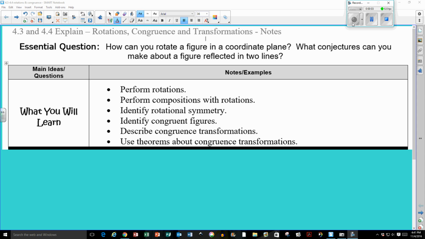Okay, so today we're doing rotations and congruence transformations. The first little bit is mostly just information. This is what we're doing: performing rotations, compositions with rotations, rotational symmetry, identifying congruent figures, describing congruence transformations, and then using theorems about congruence